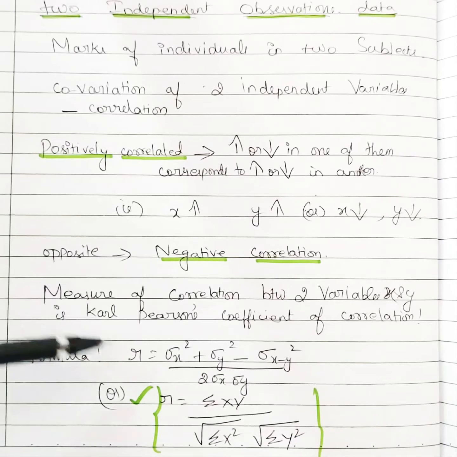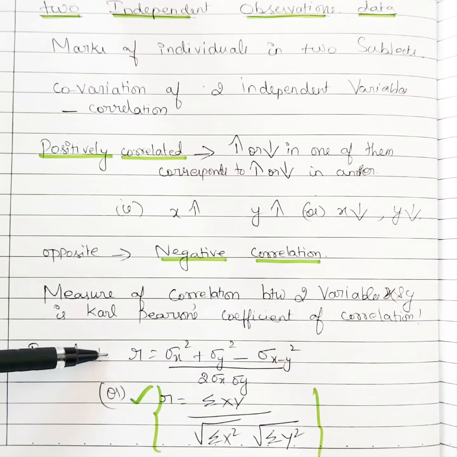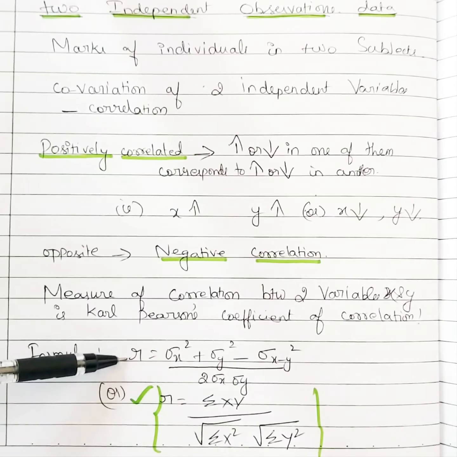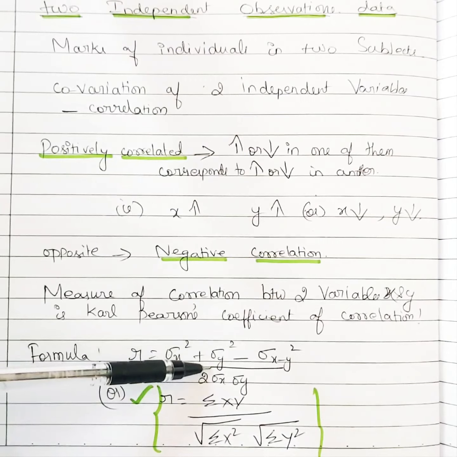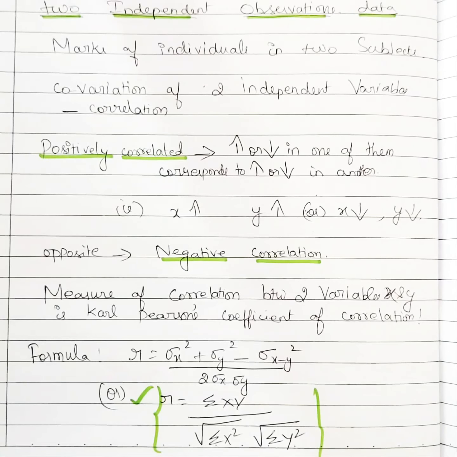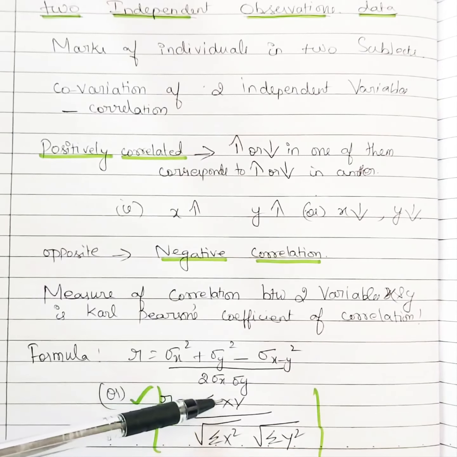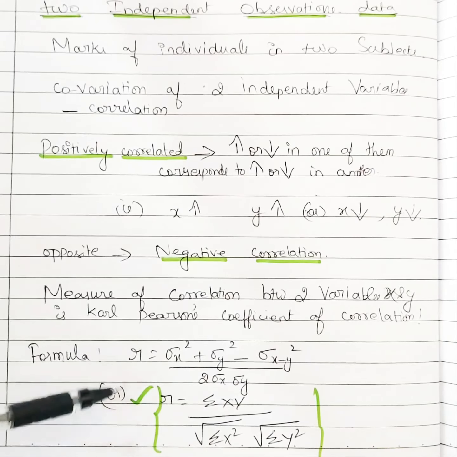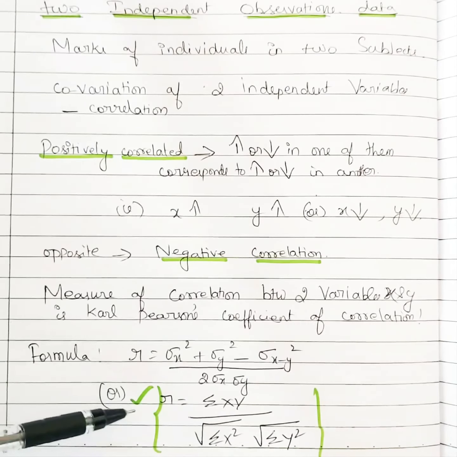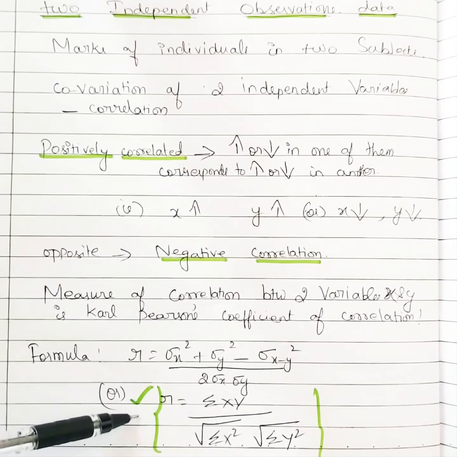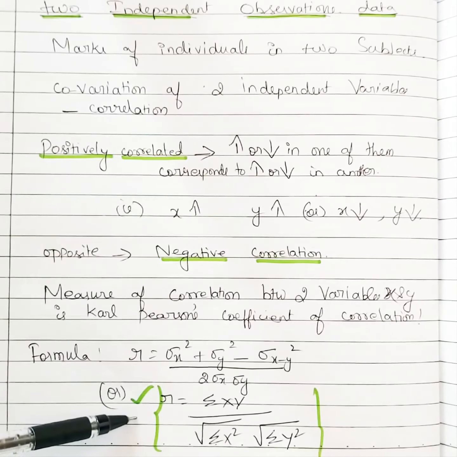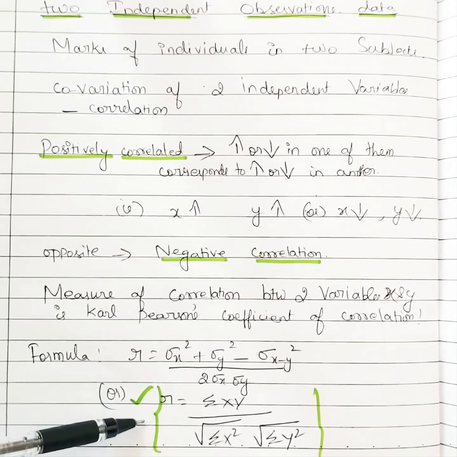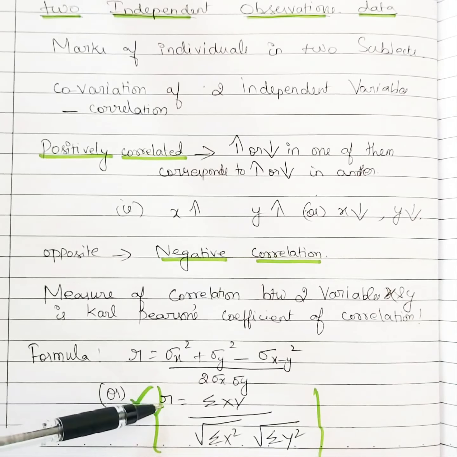And coming to the formula, this is the formula to find R, the measure of correlation between two variables. Sigma x square, this is standard deviation, plus sigma y square minus sigma of x minus y square, divided by 2 into sigma x sigma y. This is one formula and this is another formula. Throughout this module, we are going to use this formula because a similar tabular column is required to find the regression line. So whether they ask correlation or regression, if we use this formula, the tabular column will be the same. So please note down the formula.